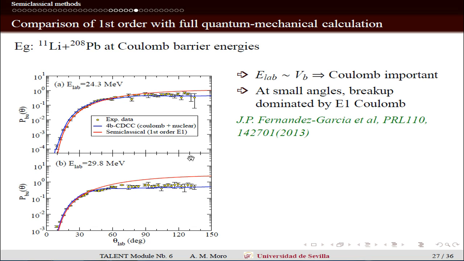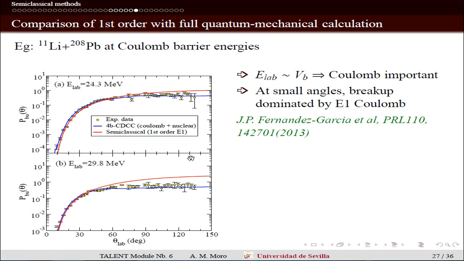One thing that I didn't mention, that I was discussing with José Antonio in the break: remember that we have here some probability, and in order for this first order approximation to be valid, this probability should be small. One of the signatures that this approximation is not good at large scattering angles, apart from the deviation of the full quantum mechanical calculation,